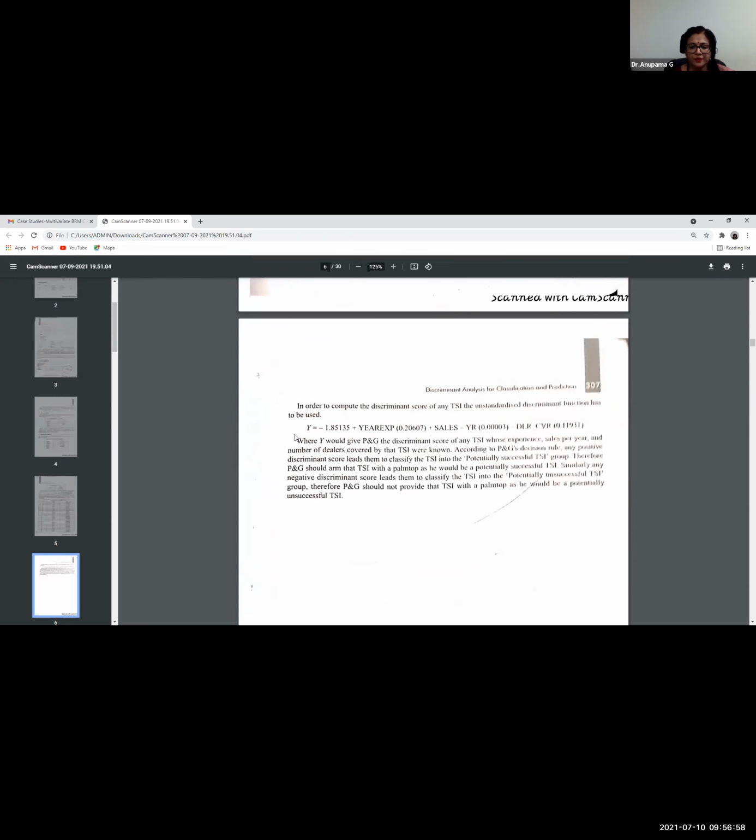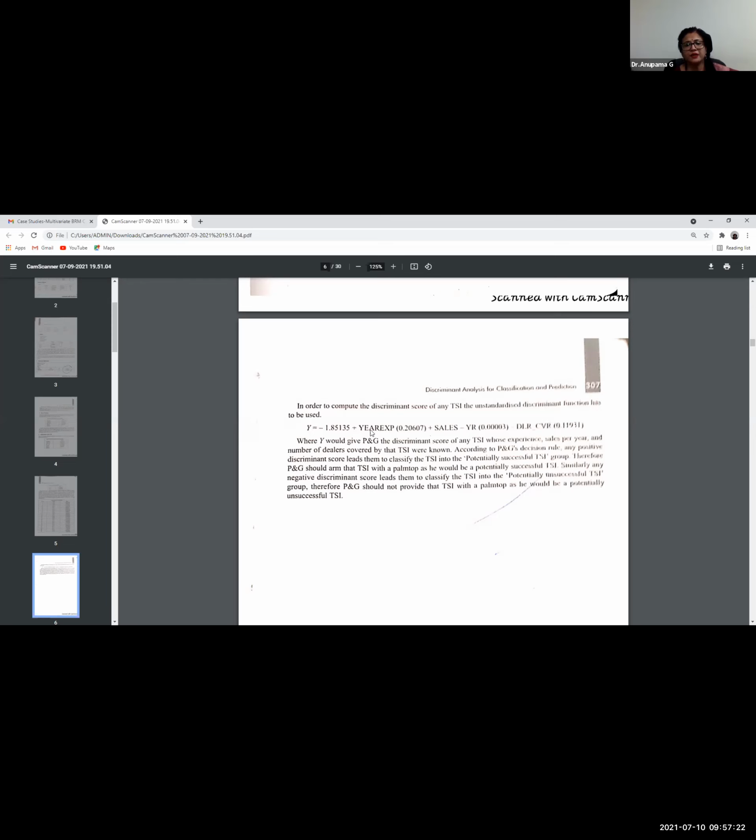All right. So here you will get the discriminant function, and you will interpret from this. This is the role of the business research manager or the business researcher. You need to understand why it is used, what data is used, in what context, and which analytical technique is used. You order the output from the analytical software, and once you get the output, you try to interpret its meaning.